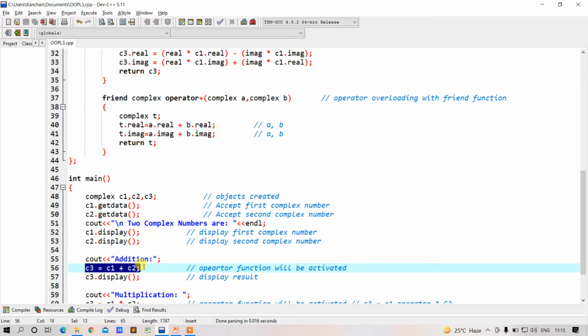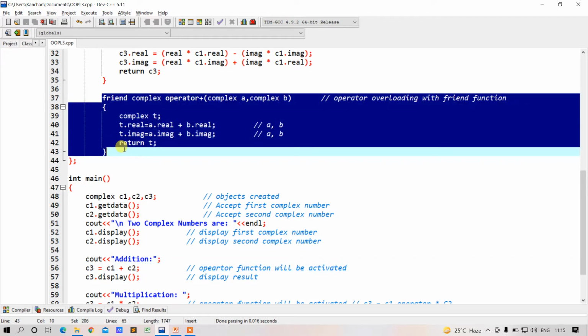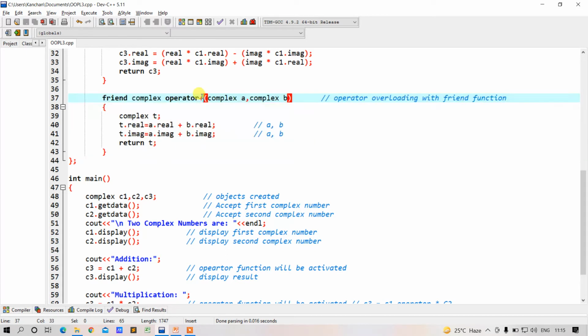Here my operator function will be activated and my compiler will jump to this friend function. As we have already discussed, when we take the help of a friend function to overload this plus operator, we have to pass two parameters. The first parameter will be my first complex number and the second parameter will be my second complex number.